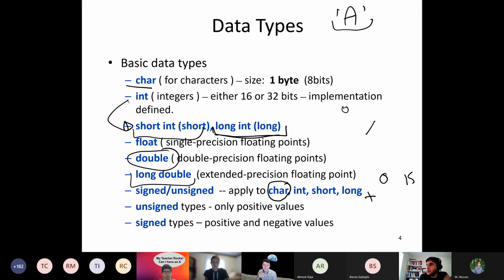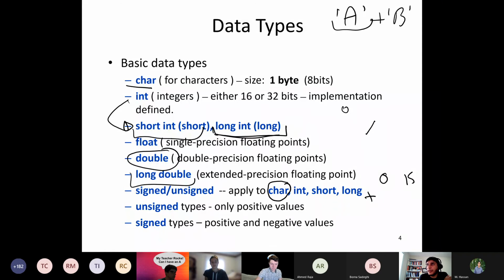Does it mean anything? No, right? Because you really don't have to do this. But the point is that these are rules, and to understand the rules, you have to see what is happening behind the scenes. So a character at the end is an int, so whatever applies to int, the language should hold for characters as well. That said, assume I want to apply some sort of integer operation on character values.